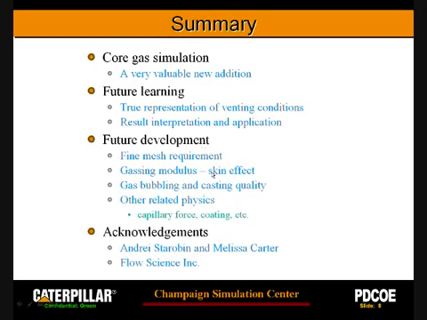For the development side, I do have several recommendations to Andre. Maybe you can look further and help to define it even better, like solve the fine mesh constraints. Right now, you have to use a finer mesh to do the core gas, and not for the thinning, but for the core gas. And when you do the core gas coupled with thinning, you do need to solve a huge amount of computational load. So that's something you need to look into for the future.